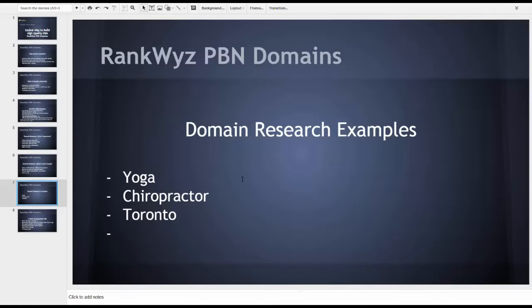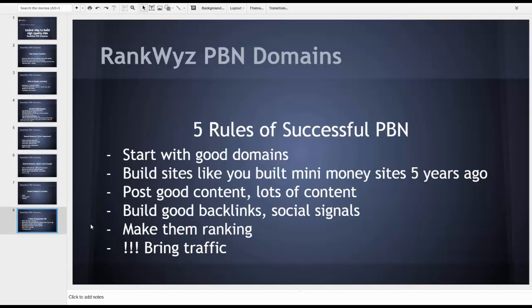So you can use a combination of this. Of course, you can add authority metrics. You can filter out, or you can sort by authority metrics. You can see the age. You can put in the indexed criteria and so on. And now the last 5 rules. Actually, let's change it. 6